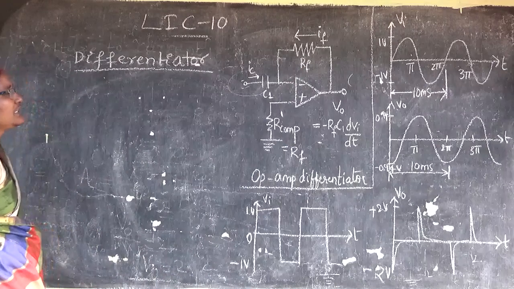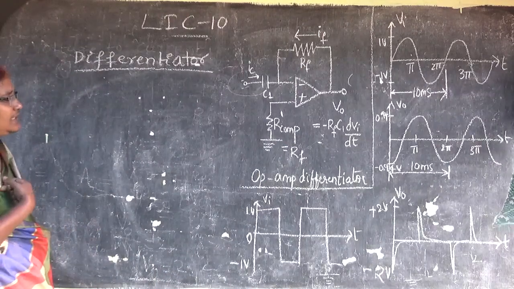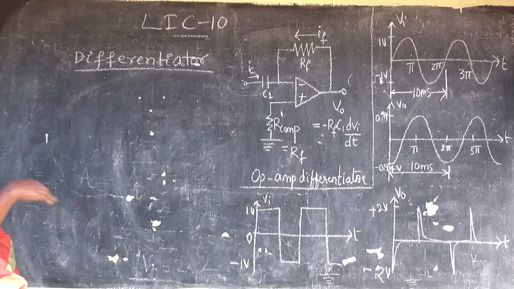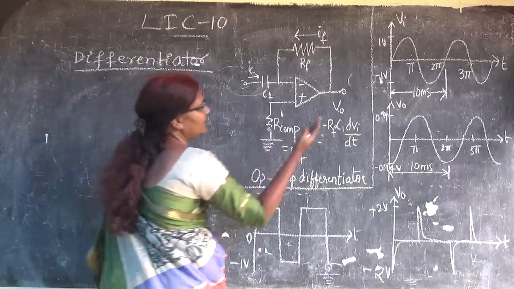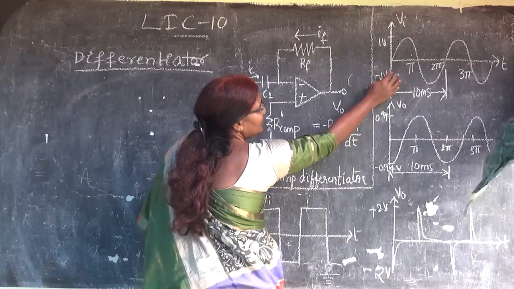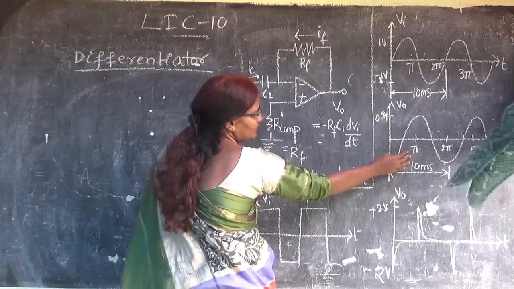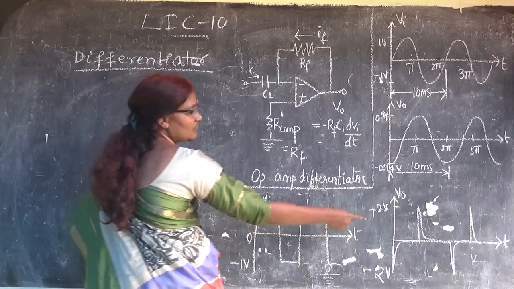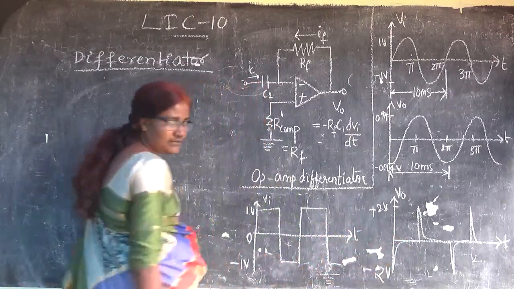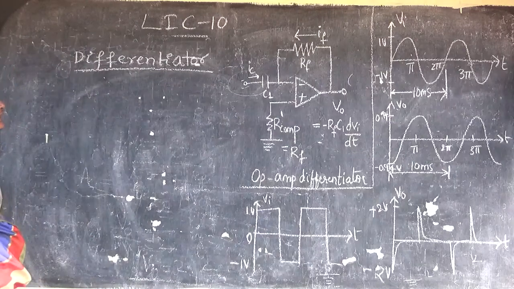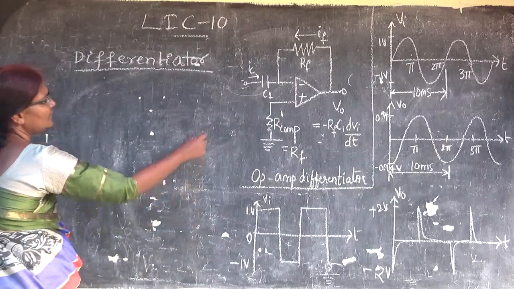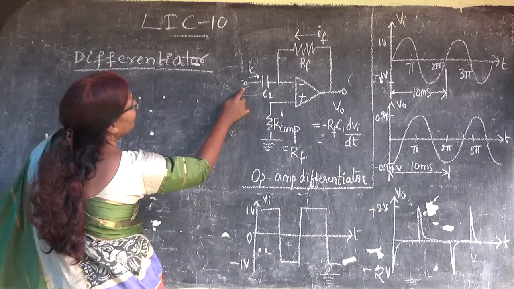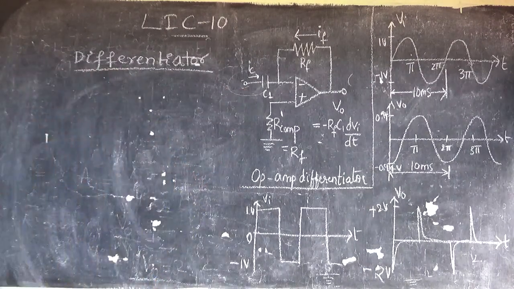So this differentiator circuit will, if you give an input of this type, we will get this output, and if you give this as the input, we will get this as the output. That we will learn afterwards. Now, here what are we going to give is